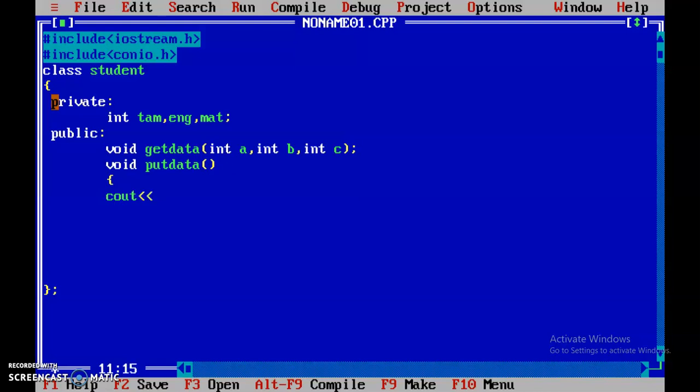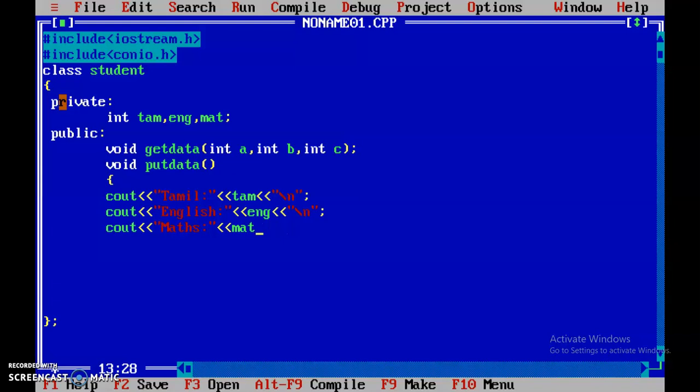cout, and then the second mark, ENG, and then the third mark, MAT.